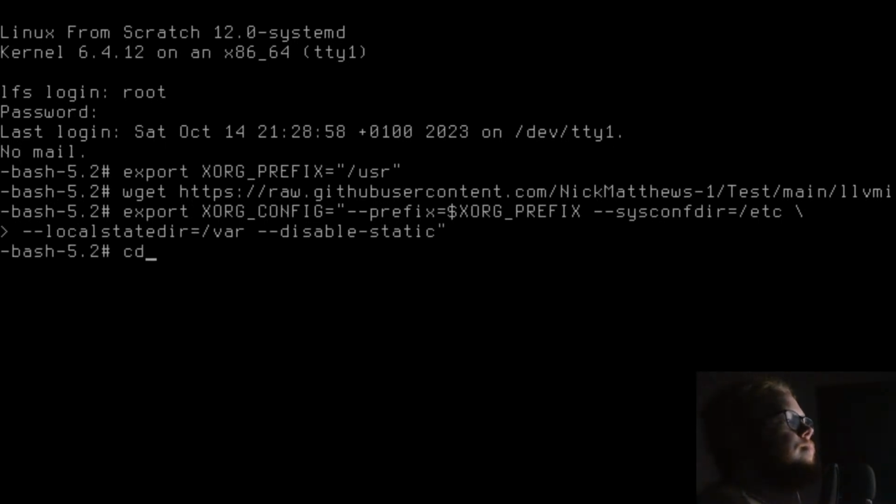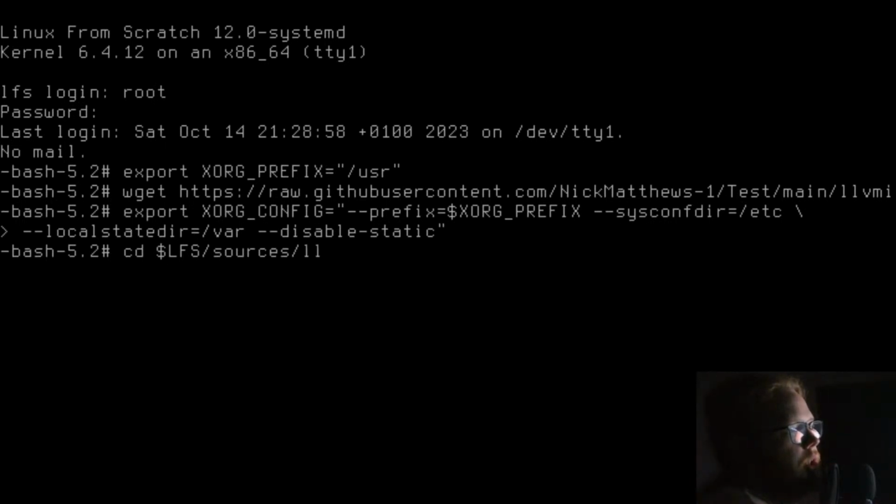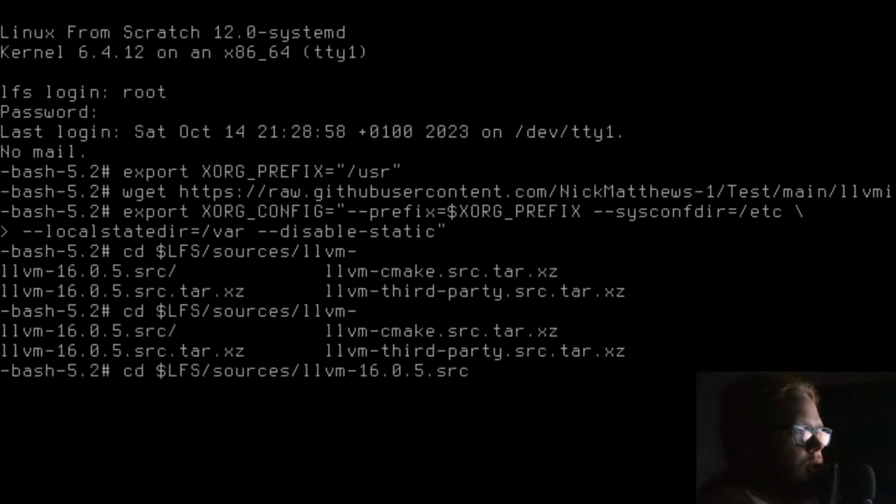Right. LFS/sources/LLVM 16. That's source/build.